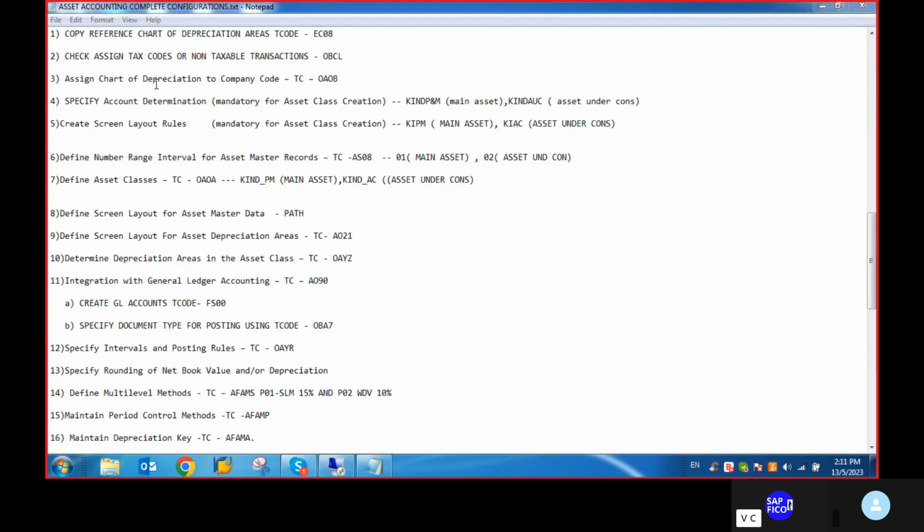Okay, so in ECC, we have seen a number of steps in asset accounting. But when it comes to SAP S4 HANA, what are the major changes that we are going to observe